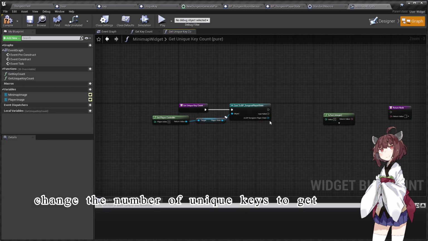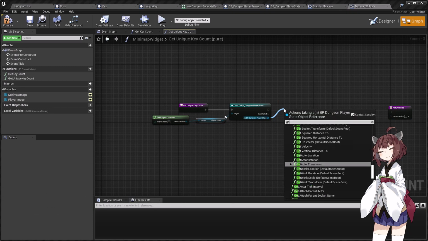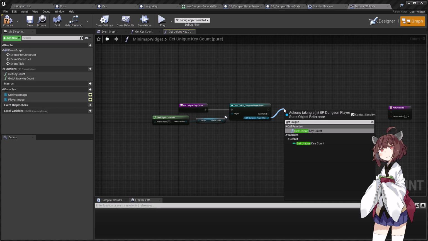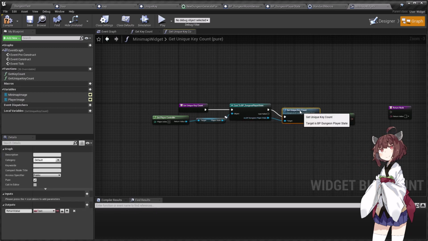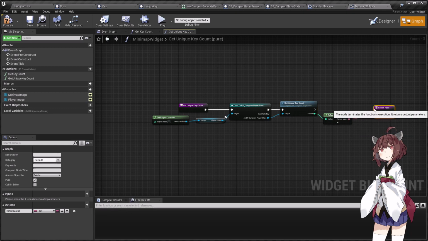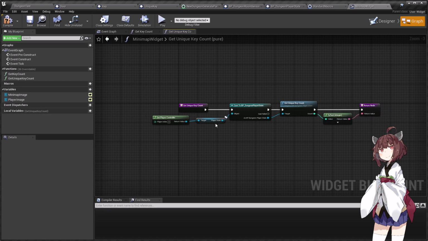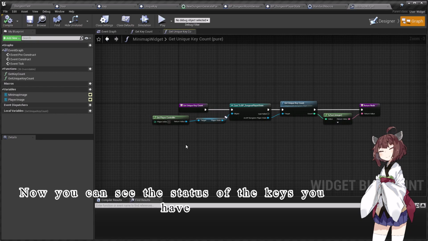Change the number of unique keys to get. Now you can see the status of the keys you have.